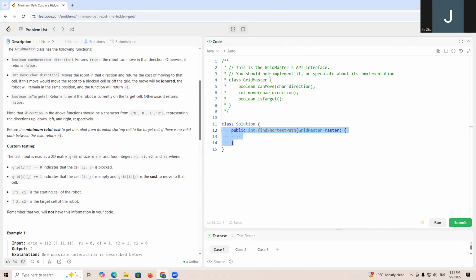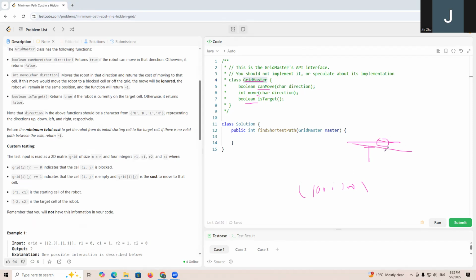One step is to use this GridMaster's methods to do a DFS, starting at 100, 100, using canMove or isTarget to check whether it is able to reach the